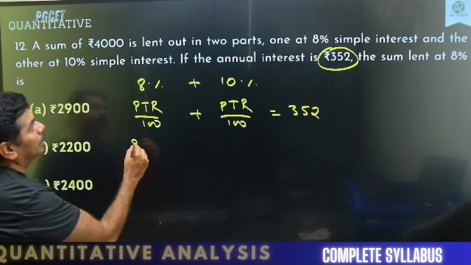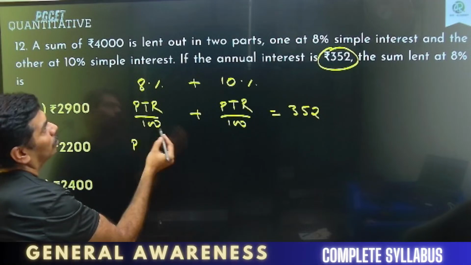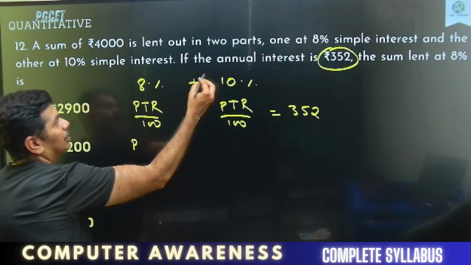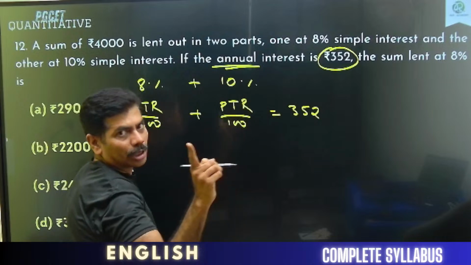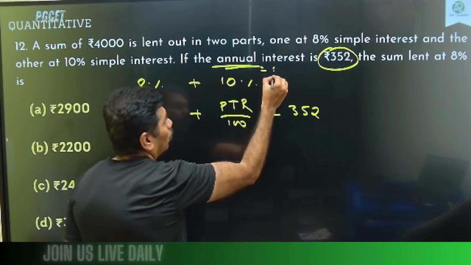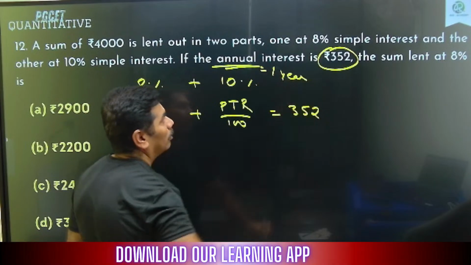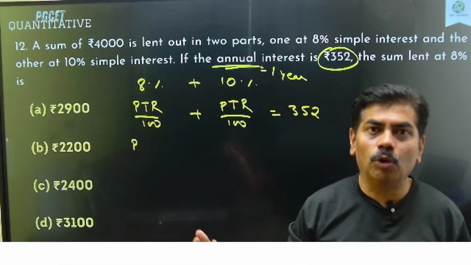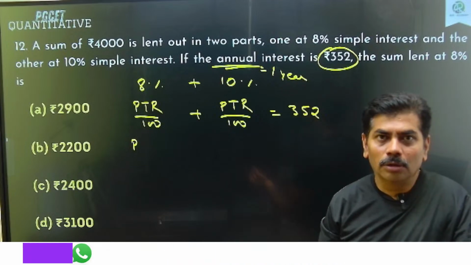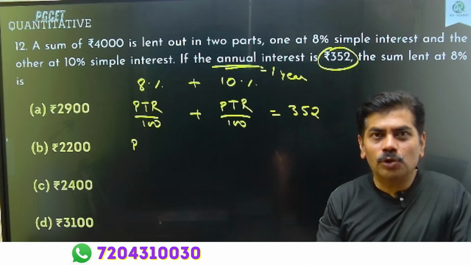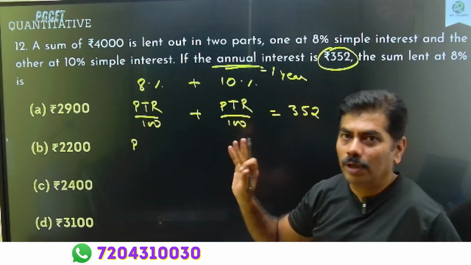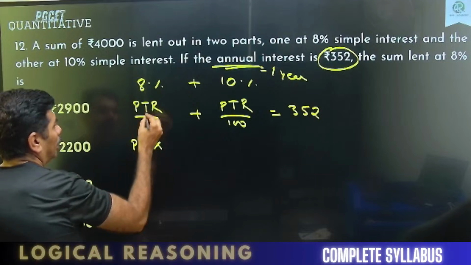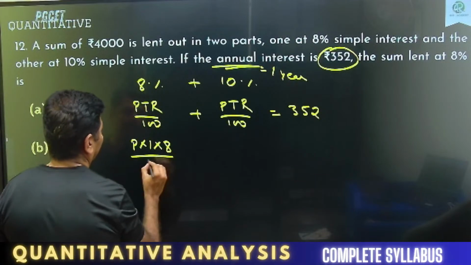Now T is for 1 year. Okay, if the annual interest, see here, annual means 1 year. Okay, annual means 1 year, remember that. Okay, let's not keep thinking: years are not given, sir, time is not given, what do we do? Okay, it is not given in numbers, it is given in words. Annual also means 1 year. So time is 1 year into rate of interest is 8% by 100